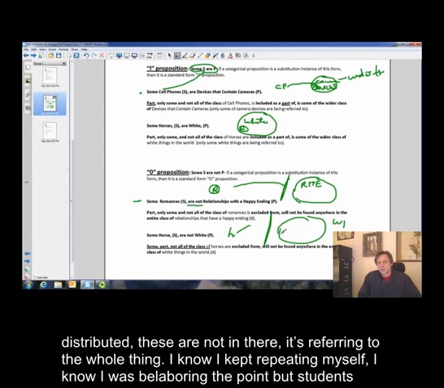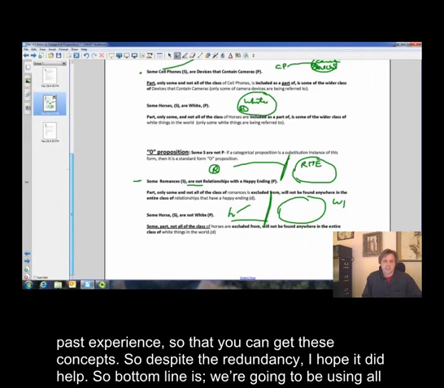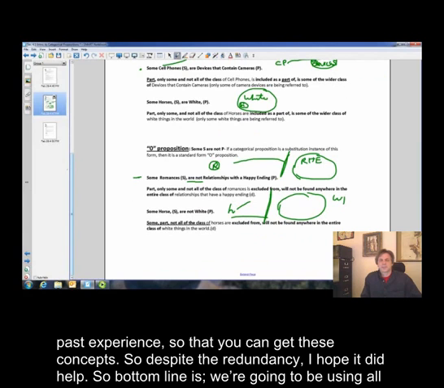Okay, I know I kept repeating myself. I know I was belaboring the point, but students typically have a hard time understanding the concept of distribution, when a term is distributed and when it's not. And I'm doing this just from past experience, so that you can get these concepts. So despite the redundancy, I hope it did help. So bottom line is, we're going to be using